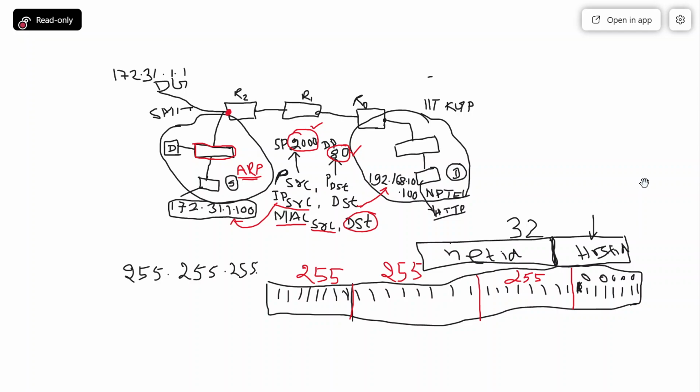So nothing new is here. This is just the decimal equivalent of this binary number. We have represented the binary in decimal. Okay, so this is what has been shown.